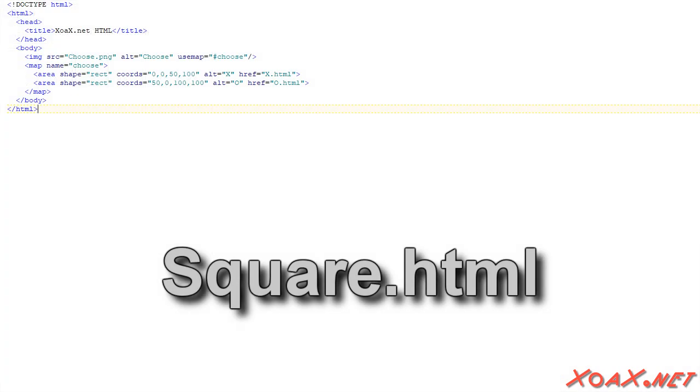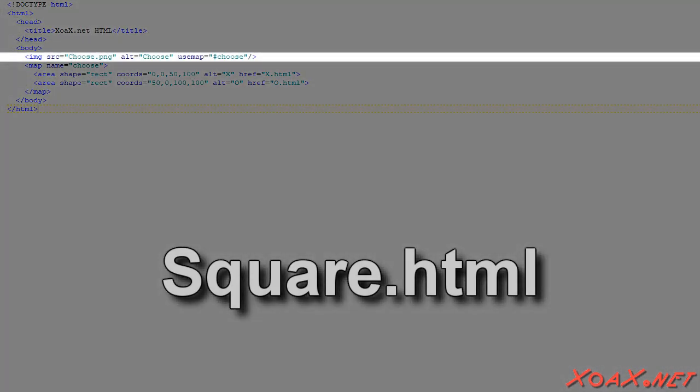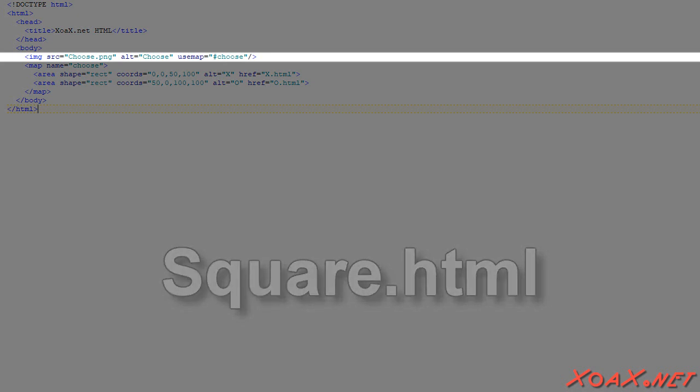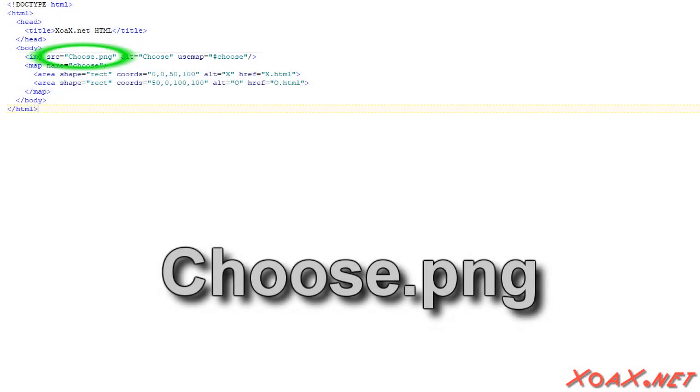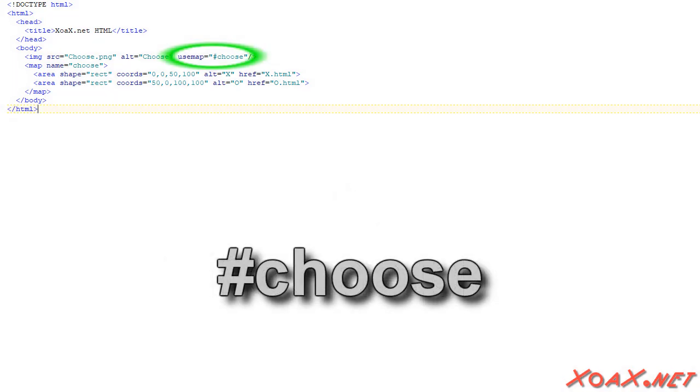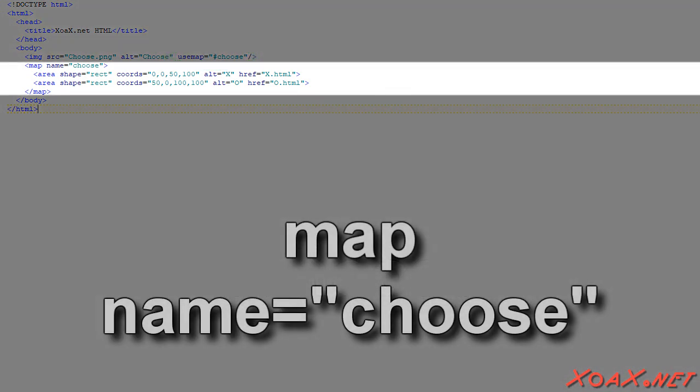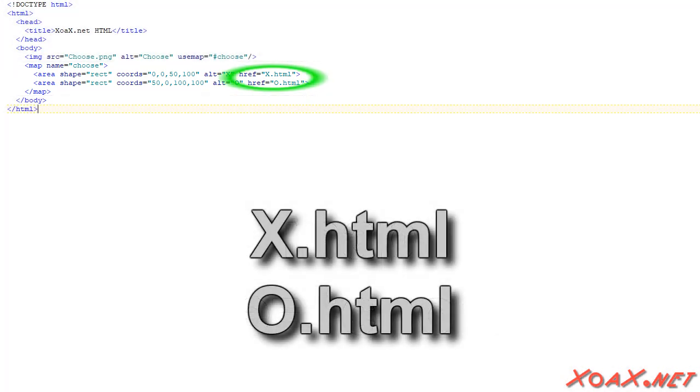The document Square.html looks like this. The main feature in this document is an image element. The source image for this element is called Choose.png, and it consists of a lightly colored line down the middle with an X on the left side and an O on the right side. The image element also has a useMap attribute that is set to Choose. The map named Choose is below this, and it has 2 rectangular areas, one for the left side and one for the right side. These areas make the left and right sides selectable and link to the documents X.html and